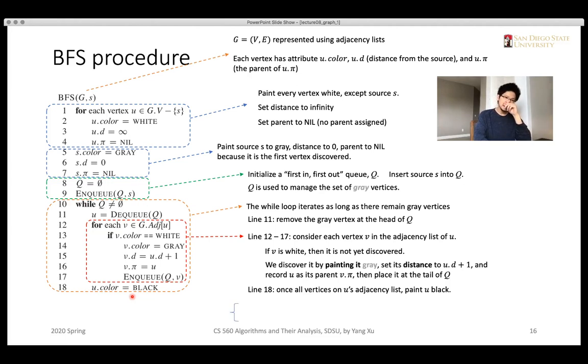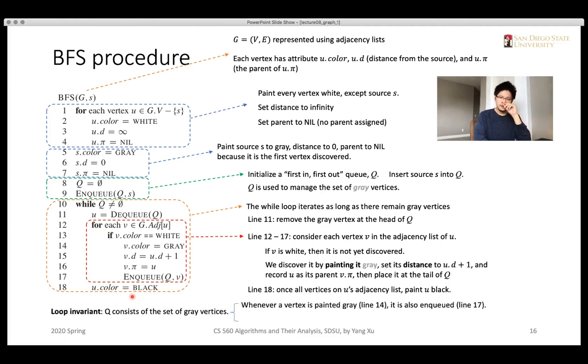So there's something about the loop invariance of this while loop. It says the queue consists of the set of gray vertices. Okay, so every vertex within the queue must be gray. There shouldn't be white or black vertices at all. Okay, this is true because every